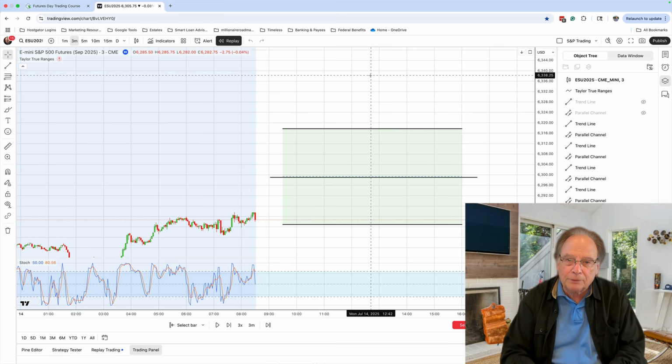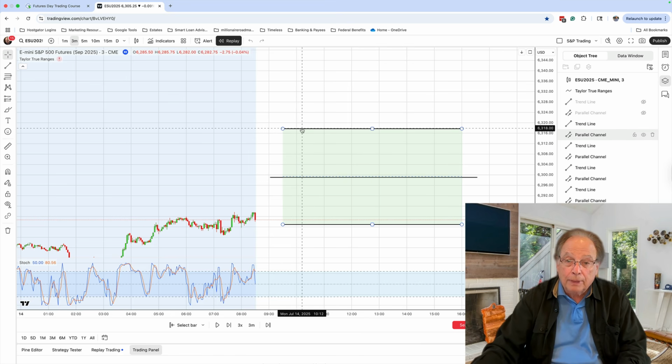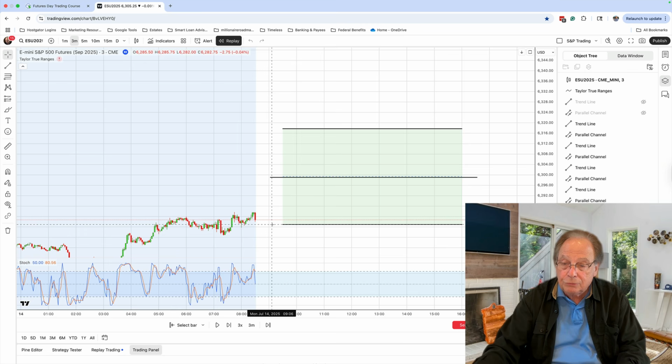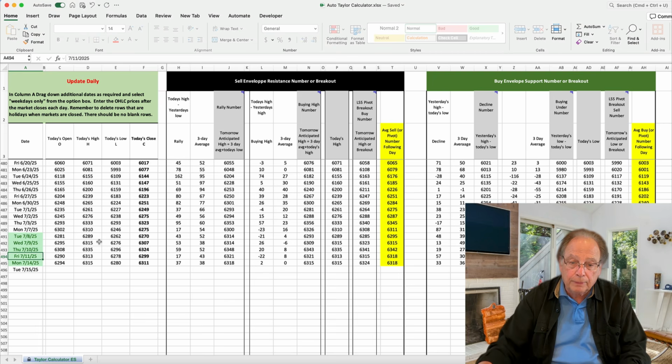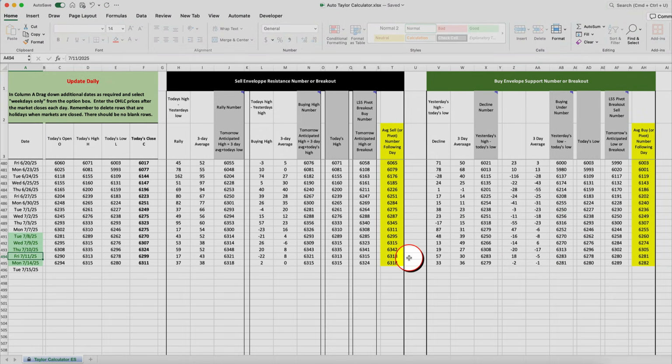I'm Marv Eisen, the Timeless Dollar Trading Academy, and I started out my day laying out my chart at resistance at 63.18, support at 62.81, so about a 38-point range based on the Taylor calculated trading zone. And you can see it down here. Here's my trading zone, and I use the Friday figures, 63.18 resistance, 62.81 for support. And so going back to my chart,